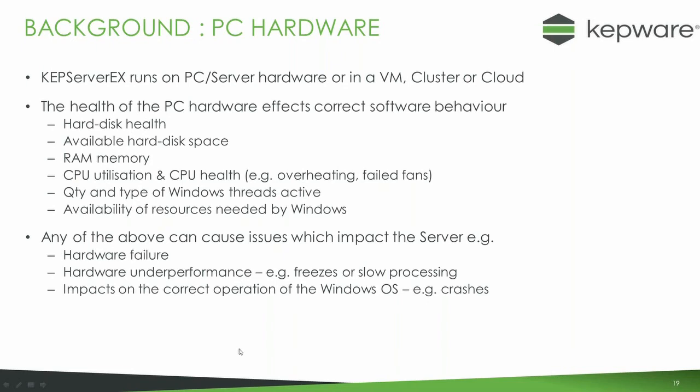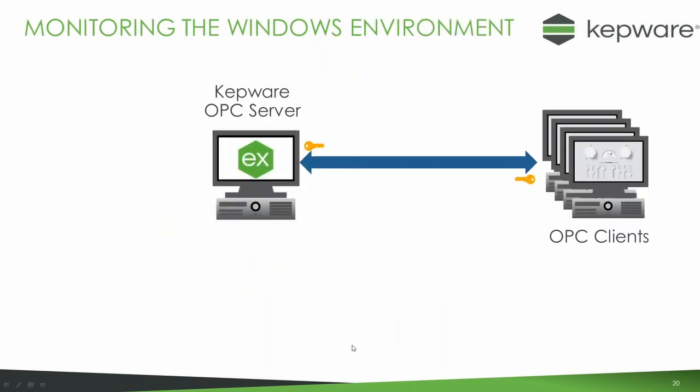Again, hardware failures can cause all sorts of problems with PCs suddenly crashing. If they're not crashing, they can go slow and freeze. So any of these issues within the OS or within the hardware can cause an unexpected, unintended stoppage. So let's see if we can do something about that.